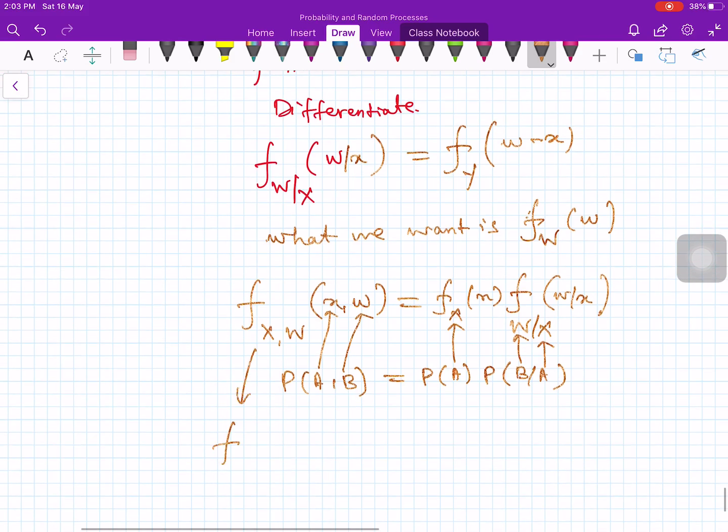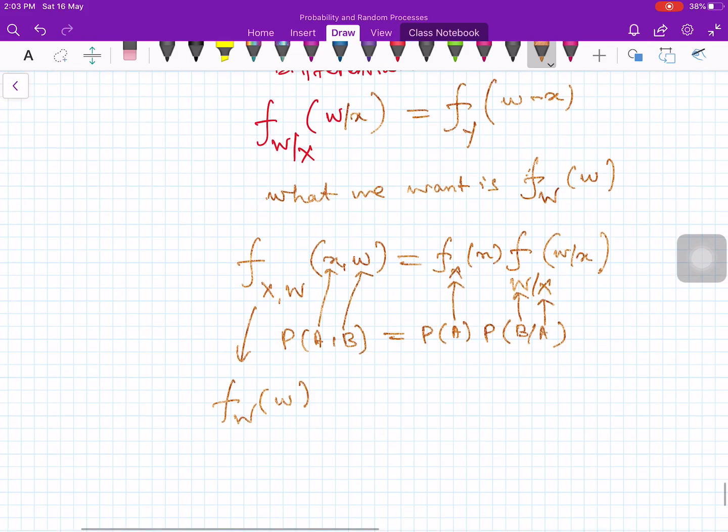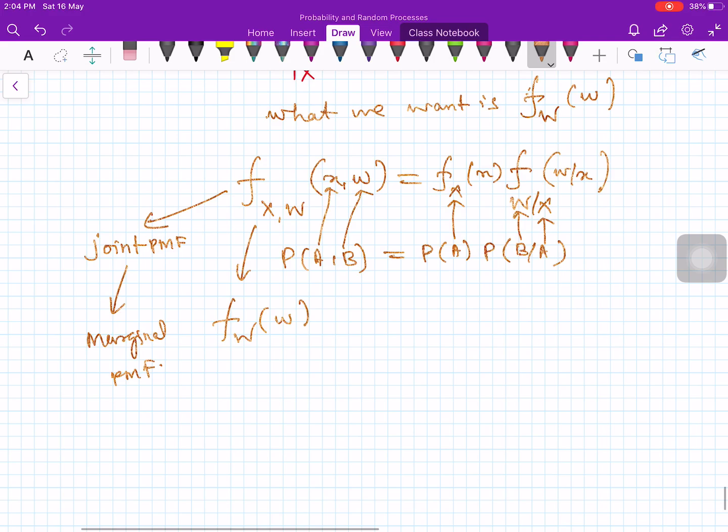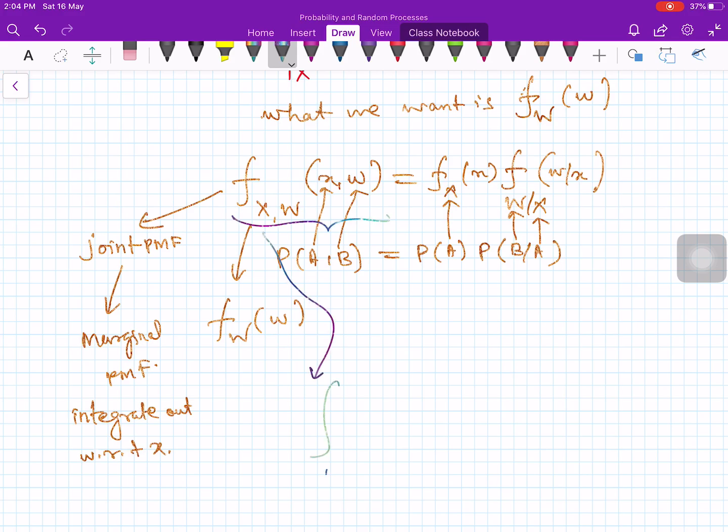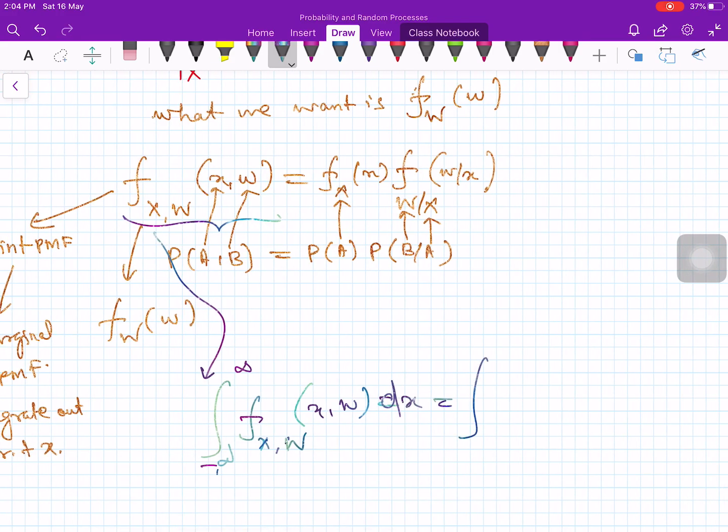Now from this, how can I get fW of w? You just know this is a joint density. From this I need a marginal density. So how do you get the marginal? Integrate out with respect to x, so that you will get the W. So therefore, integrate from minus infinity to plus infinity, f of x comma w, on both sides. Do the integration with respect to x,